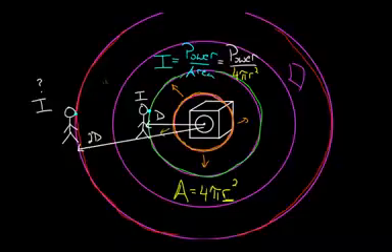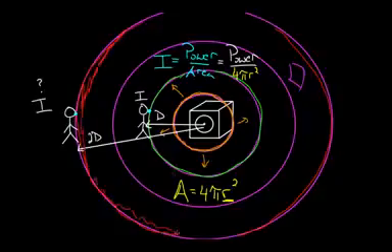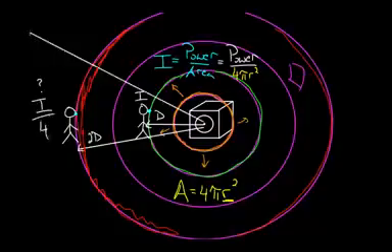So this is actually, the power over here is spread out over 4 times the area. Since the same amount of power is spread out over 4 times the area, this intensity is going to be 1/4 as much. And if you were 3 times farther away over here, what do you think the intensity would be out here?